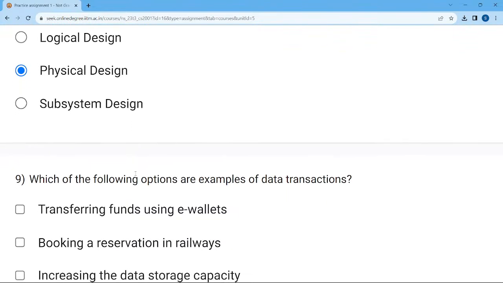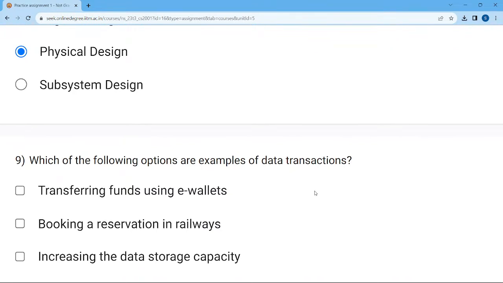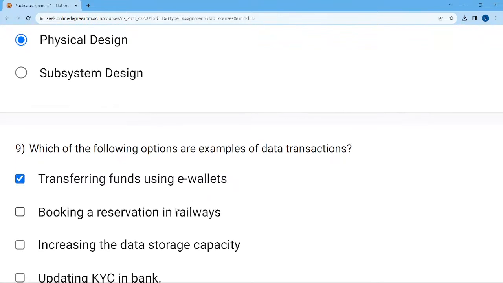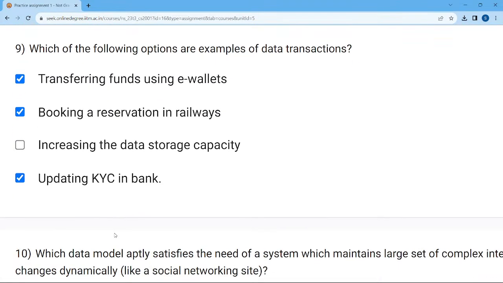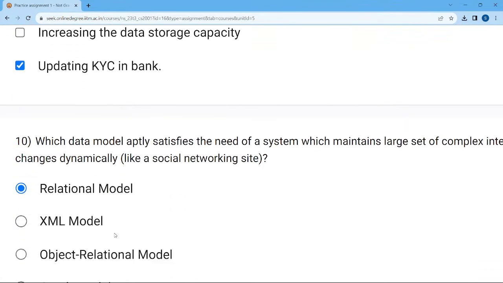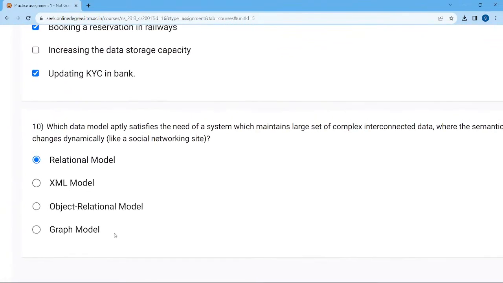Which of the following options are examples of data transaction? Transferring funds, okay. Booking, reservation, updating KYC. I guess these three. Which of the following models aptly satisfies the need for a system which maintains a large set